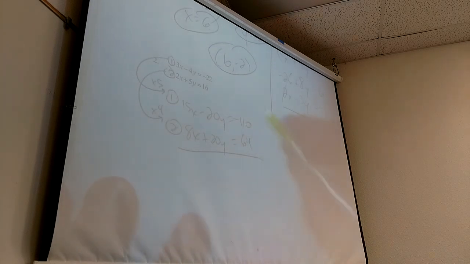So now when I add them together, something actually cancels. 23x equals